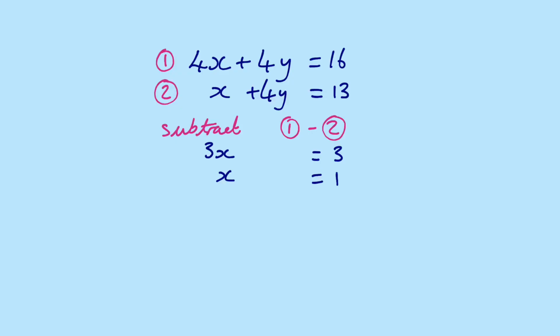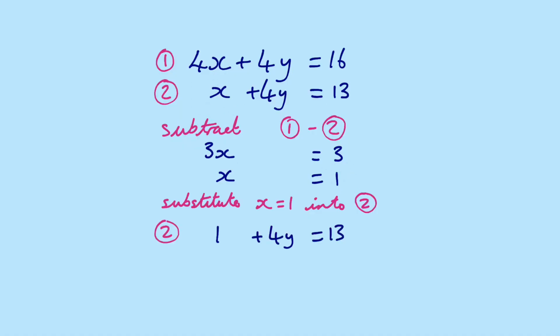Now once we have the value of x, which is 1, we're going to substitute this back into either equation to find y. I'm going to use equation number 2, just because that's easier to do, as there's only 1x here. So substituting x equals 1 into 2, we will replace the x with a 1, which gives us 1